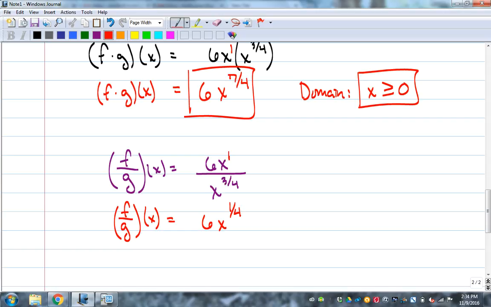We don't have to move anything around because it's a positive answer. If it would have been negative 1/4, we'd say, oh, well, that's got to go to the bottom and to work. And then we would have to deal with the fraction exponent in the denominator. But that one works out nice. And then that would give us a domain of